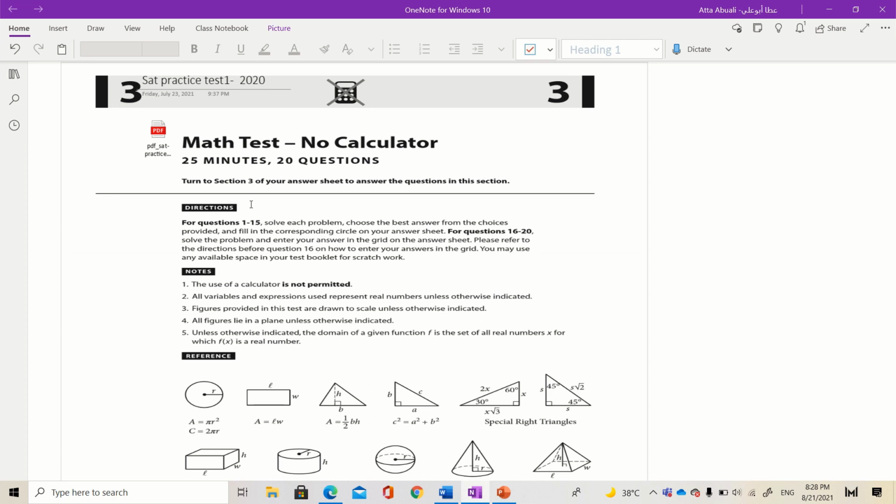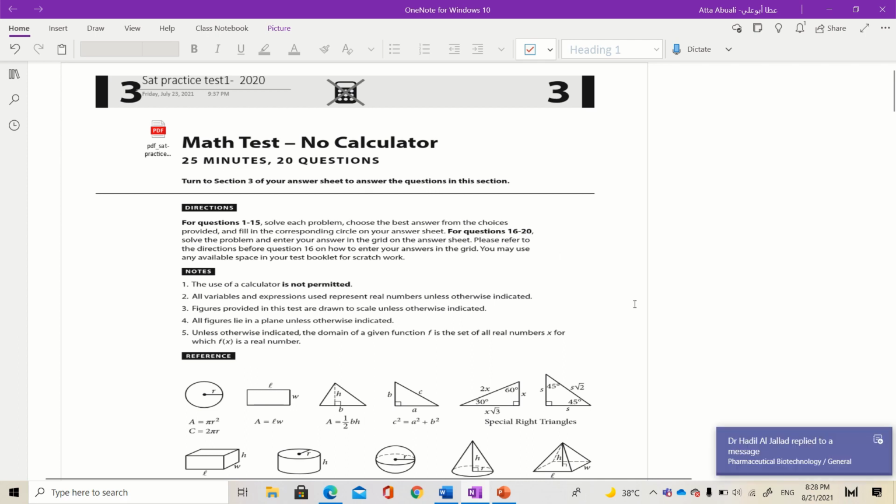Today we start with solving the SAT practice test 1, 2020. The first thing is the math test, no calculator. We have 25 minutes and 20 questions. Okay, now as you see here, first of all we have the question from 1 to